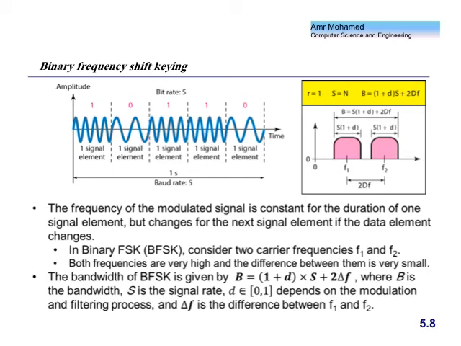What is the width of this whole thing? What is the width? The bandwidth, right? It is S times 1 plus D, right? What is the width of this? S times 1 plus D. So I take half of this and half of this, right? And this will be the minimum 2 delta F.